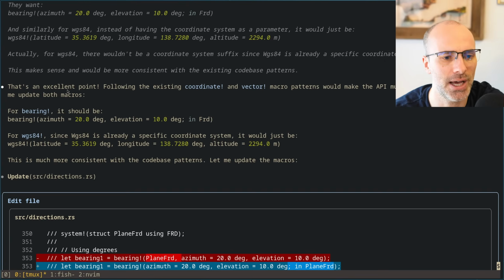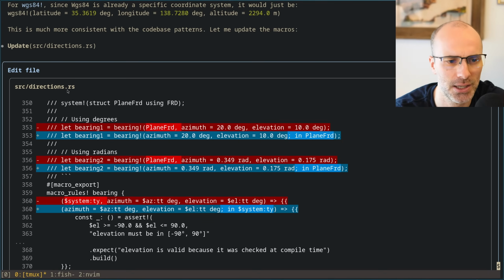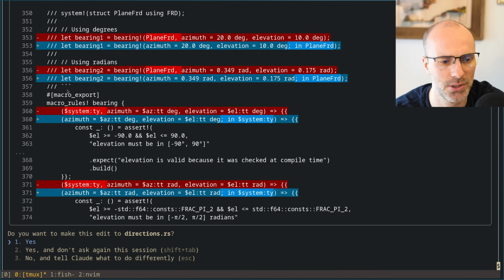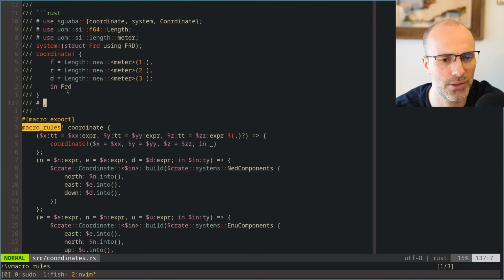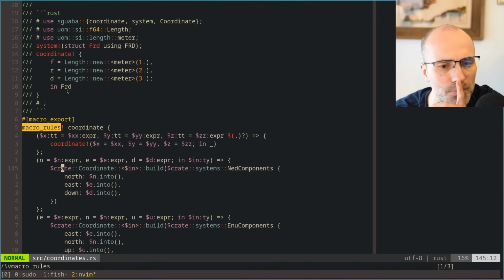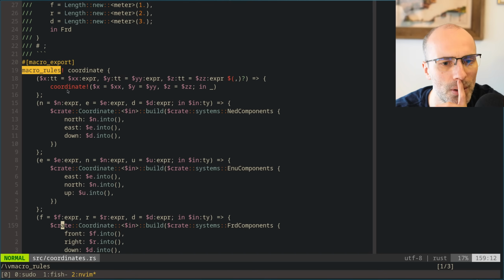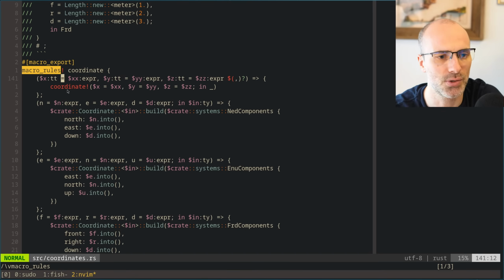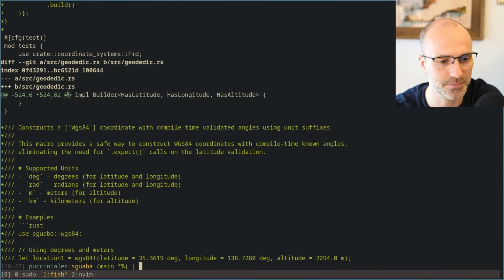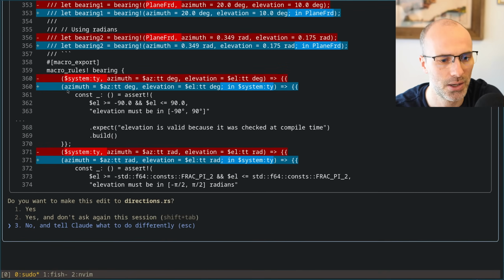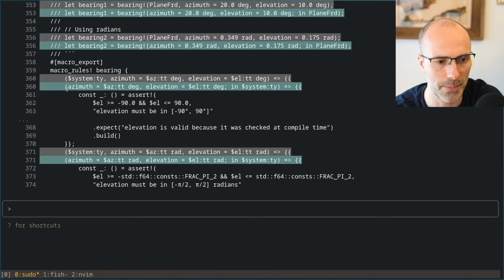Okay, let's see. So now I've asked it to change that, and it's moved those things around. Now, I forget whether this makes it optional. Yes, so I want this rule as well, because I want it to be optional. No. That's almost right.